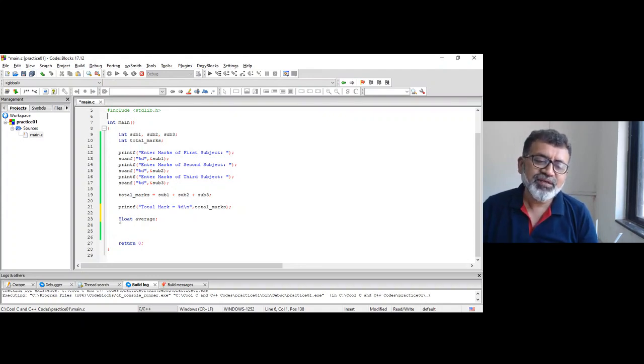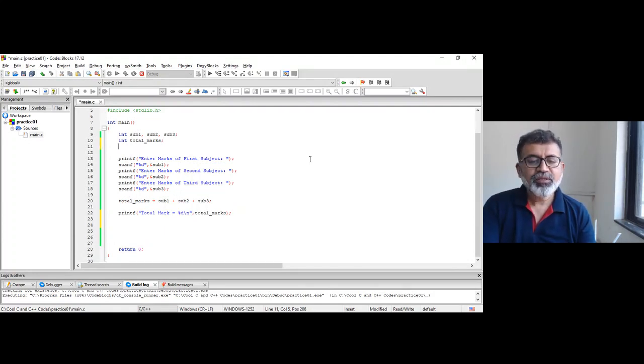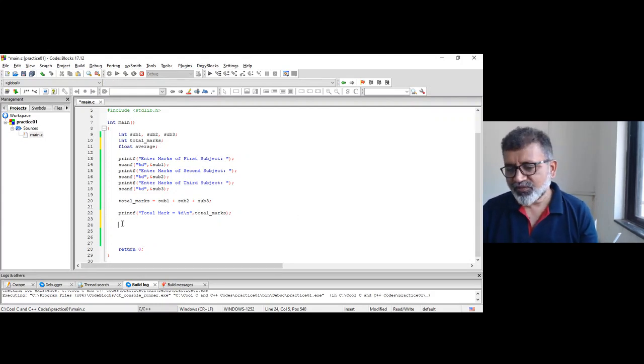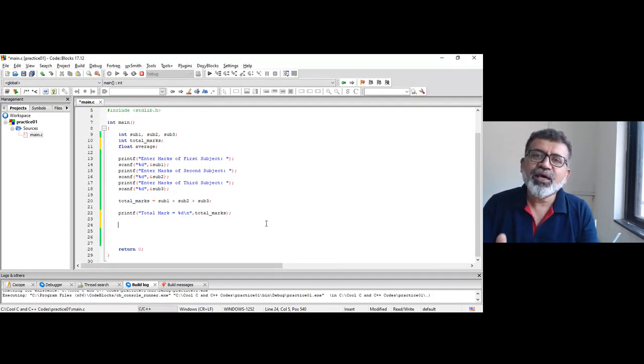Now, this will give an error. So remove that, come to the beginning of the block and paste it. Right. So now I'm finishing within 5-10 minutes what I have taught you in 1 hour. Okay, it's 10 minutes. If I write average is equal to total marks divided by,